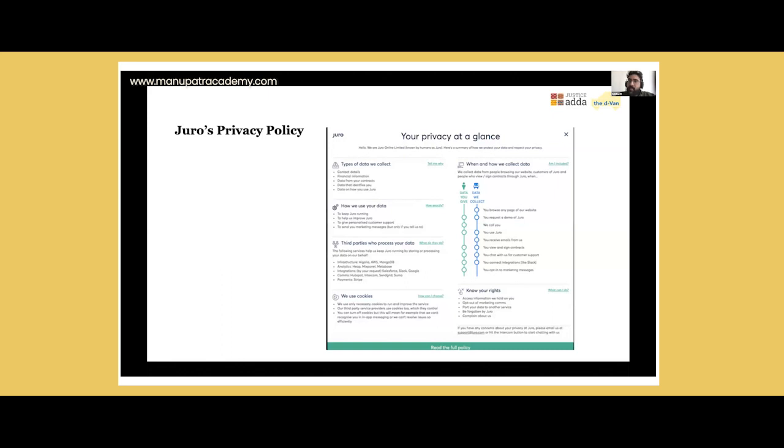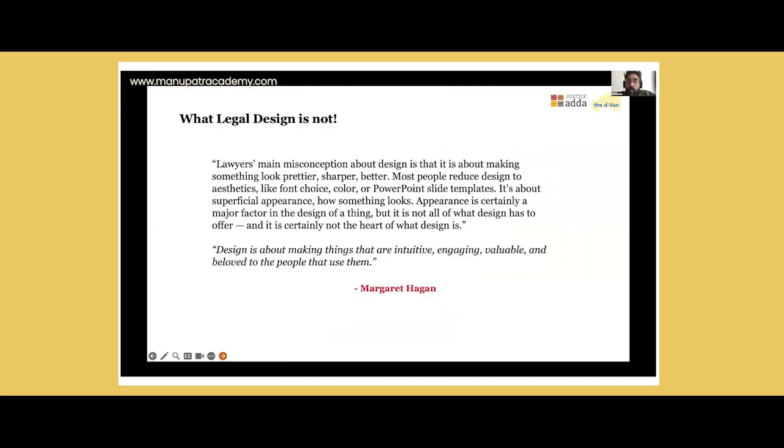They see contracts as necessarily a conversation between you and the entity, and in that sense, they want it to be an open and fair process through which you can actually garner your rights and also do this in a way that is in your interest. So these are different ways in which legal design has been used to reshape conversations about the law. But it's not just about thinking about this aesthetically. It is more important to think about what is important from an intuitive level for people, to ensure that when they engage with legal processes, it is in a way that is valuable to them.